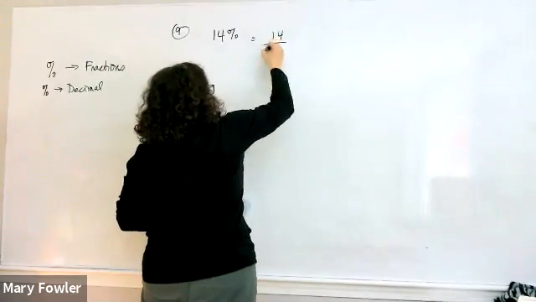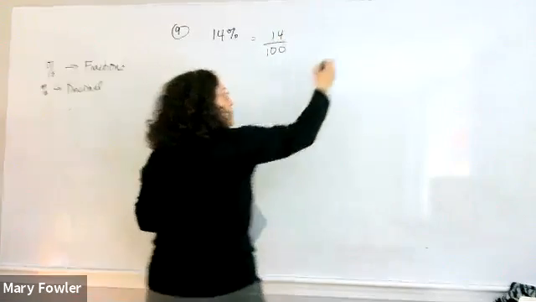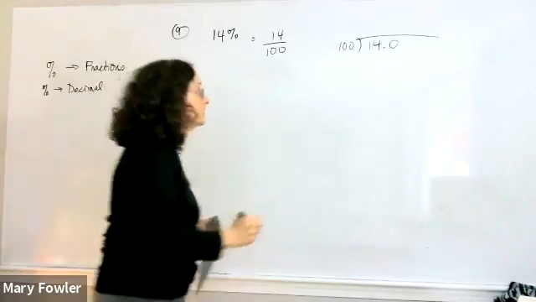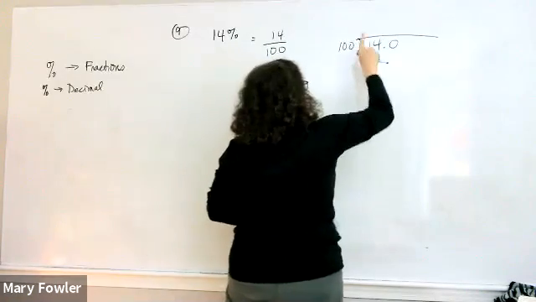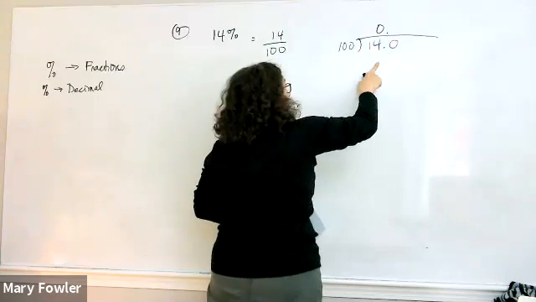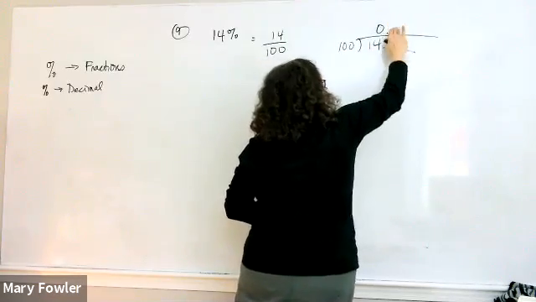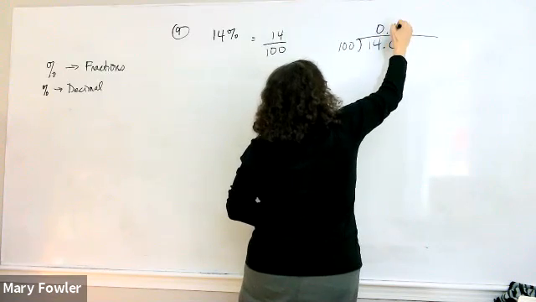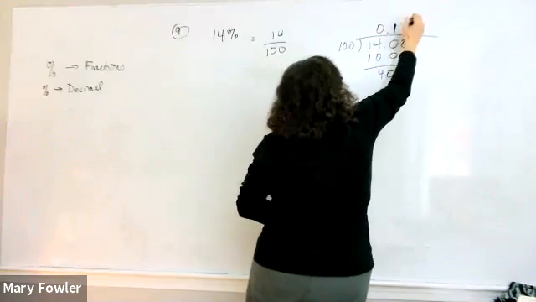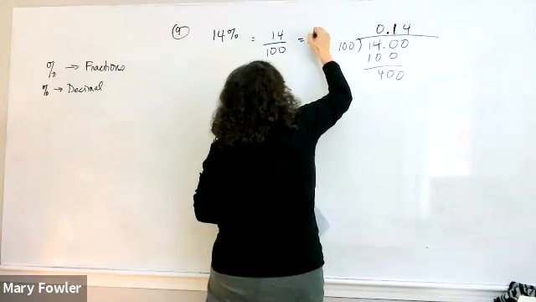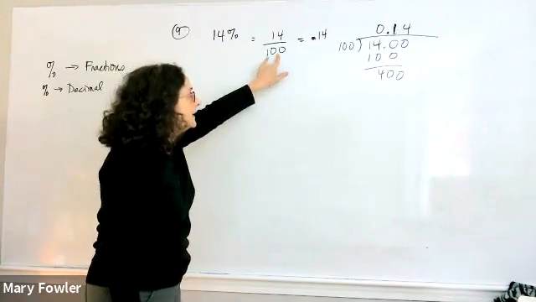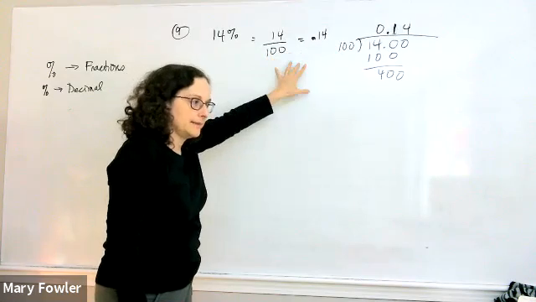This is 14 divided by 100, and now I'm just going to convert to a decimal using the 100 divided into the 14. Okay, and we get that to be 0.14,